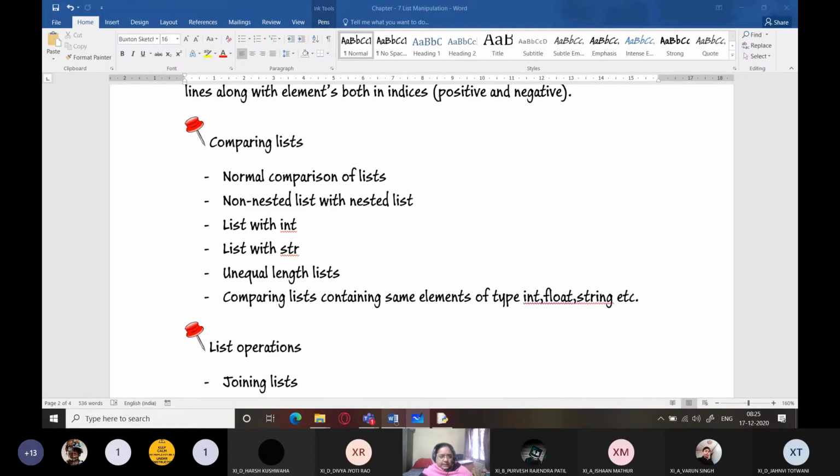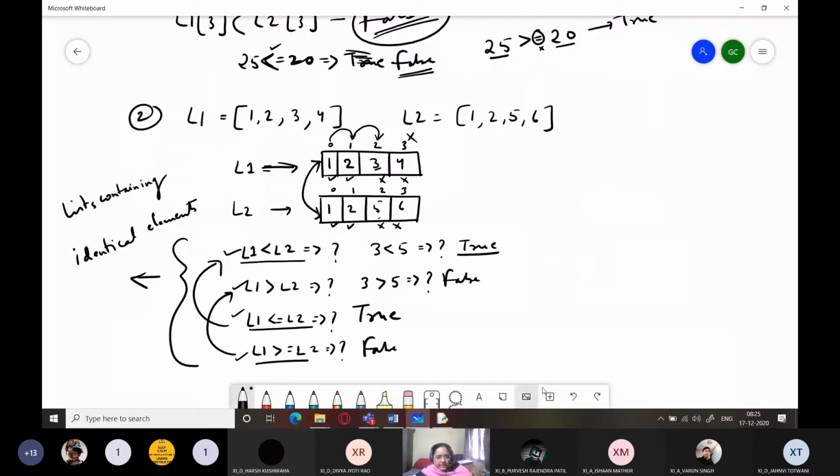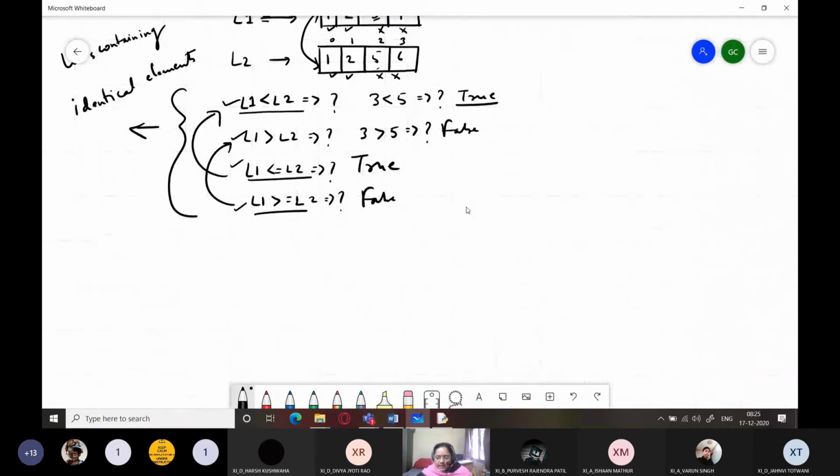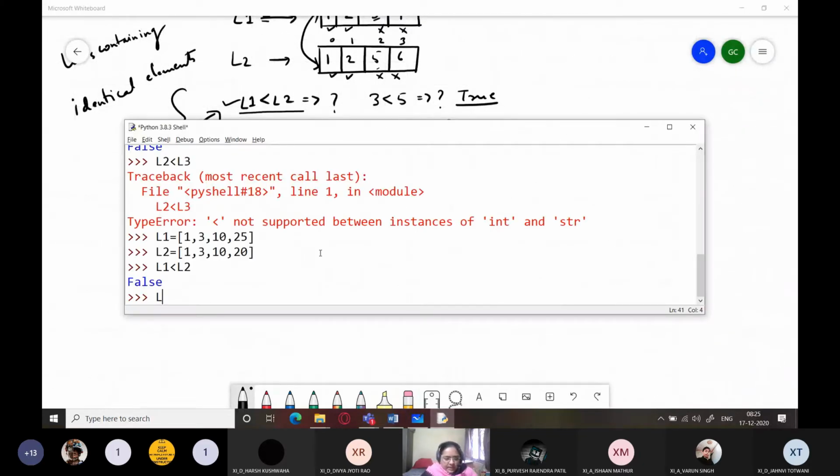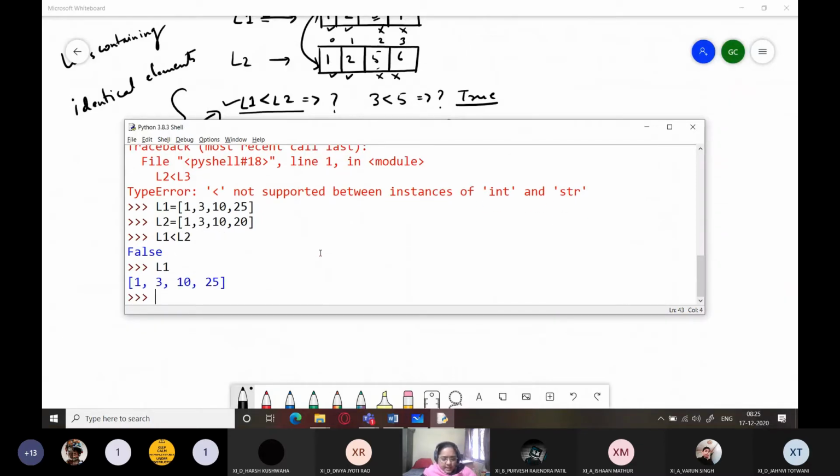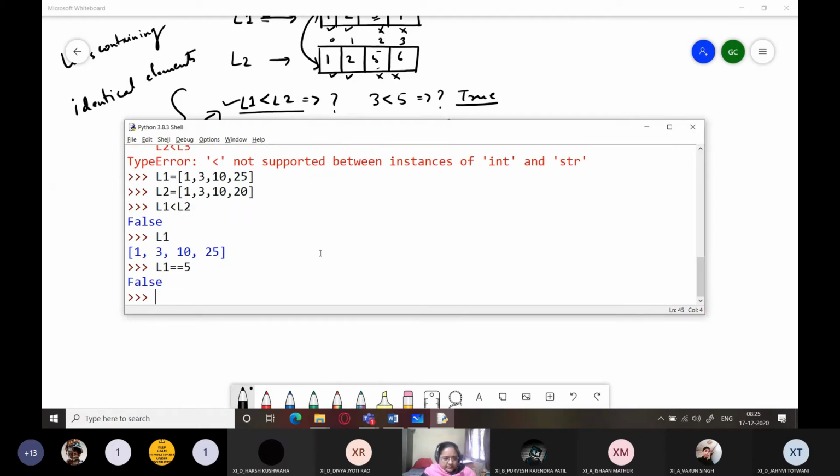Coming to the next one, list with integer. Let's try to compare a list with an integer. I have L1 over here. This is my L1 list, and I'm going to write here, is L1 equal to 5? Answer is false. Both are two different types of elements, right?